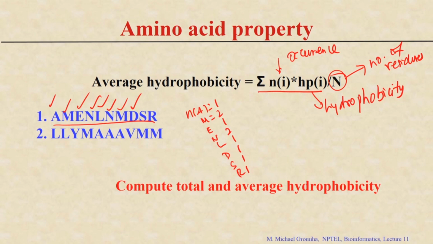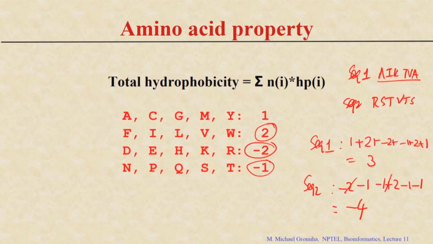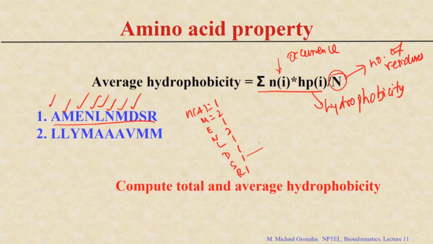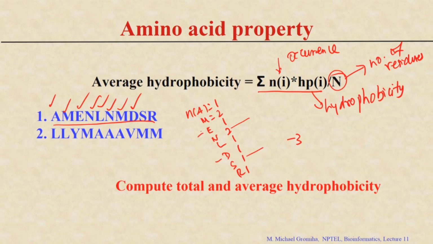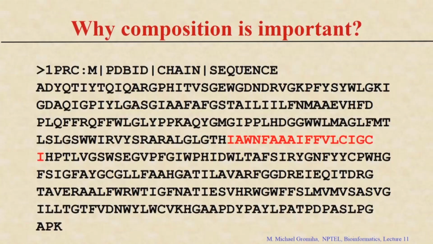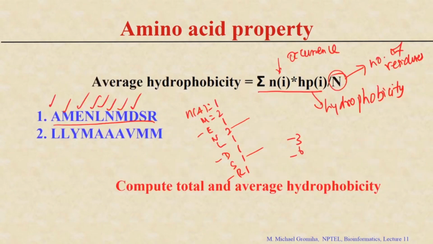So, we group the numbers. If you see back, N P Q S T, S N, that is equal to -1. So, -2 plus -1 is -3. And see this group D E H K R: D, E, H is not there. So, 1, 2, 3, 3 into 2 equal to -6. And then what else we have? A C G M Y, this is 1, this is 2, this equals 3. L equals 1, that is 2. So, total value equals